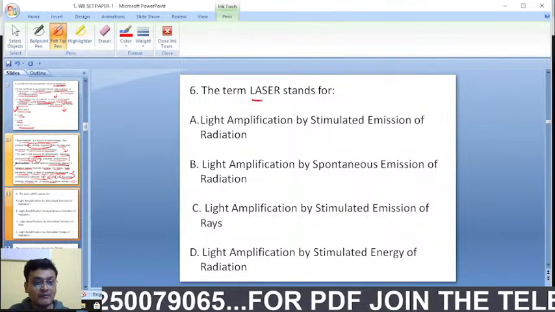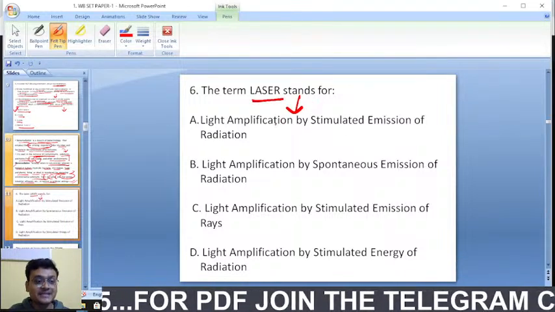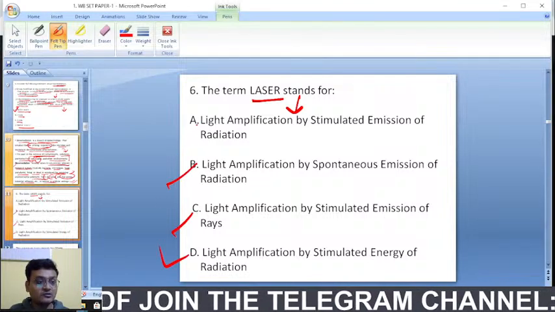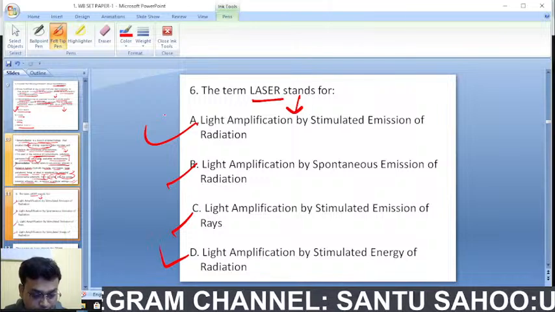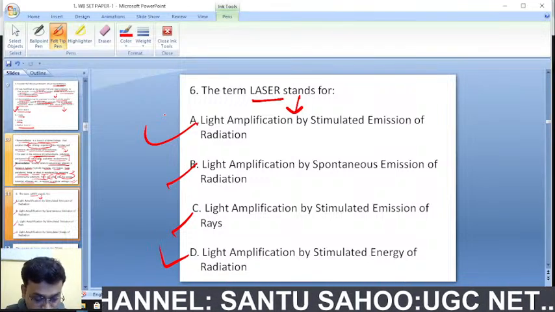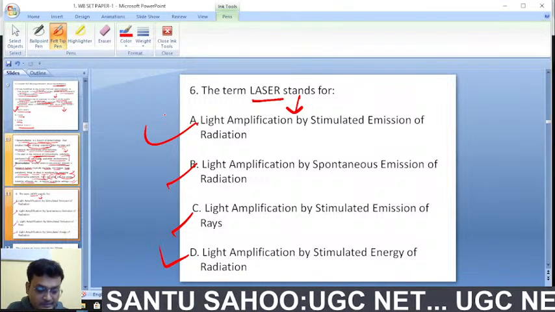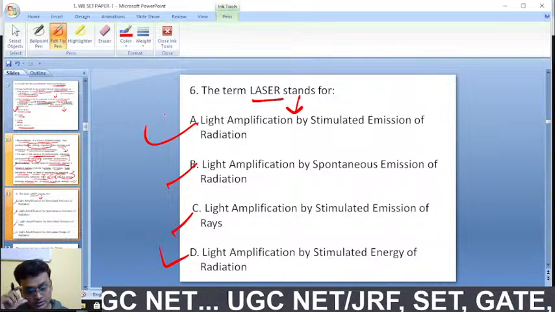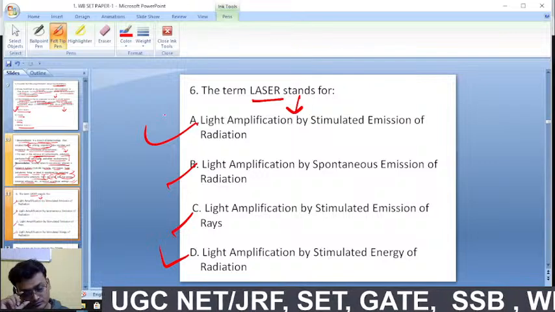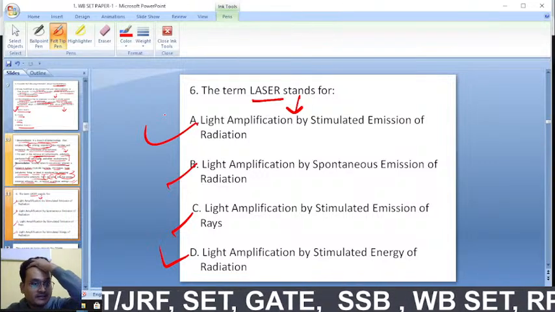What is the full form of laser? The term laser stands for what? Now tell me. Even tomorrow we'll be doing the paper 1 mock test. Laser stands for